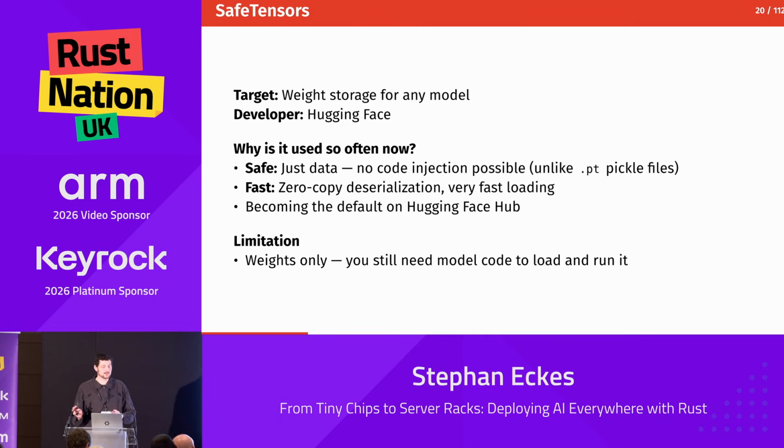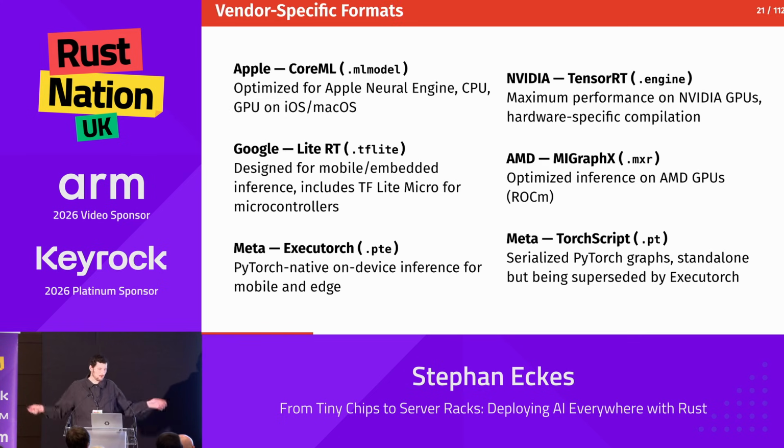Then there are all those changes with formats. So Apple Core ML has their own format. Nvidia TensorRT actually has their own format, and so on and so on. So if you find these, they will run just with a specific framework. Now the new one here, ExecuTorch, started their own one that is PTE. Also true, because the .pt also only contains weights, and .pte is now completely standalone because it's for this ExecuTorch framework.